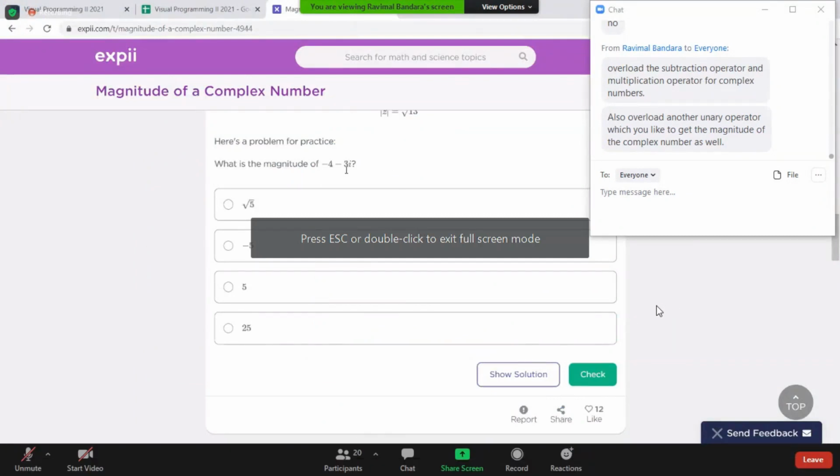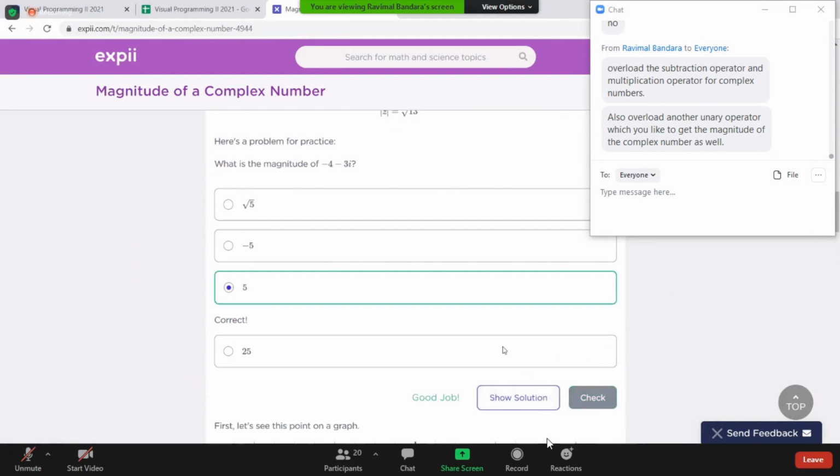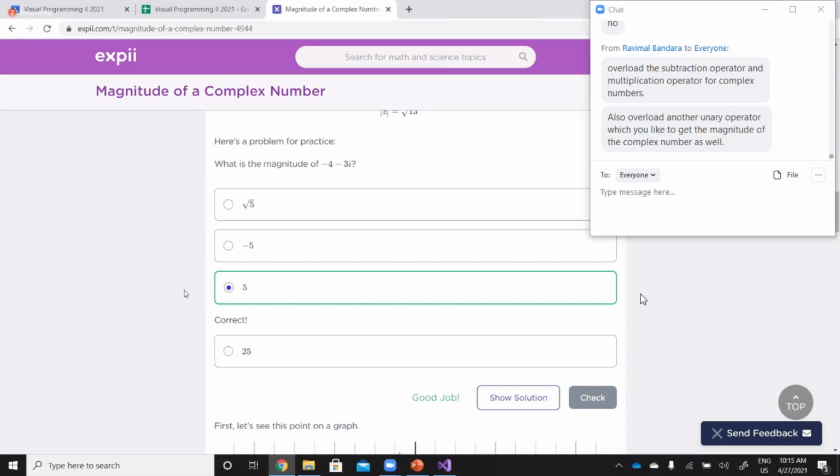As you can see, 4 and 3. So what would be the answer? 16 plus 9, and the square root will be just 5, right?